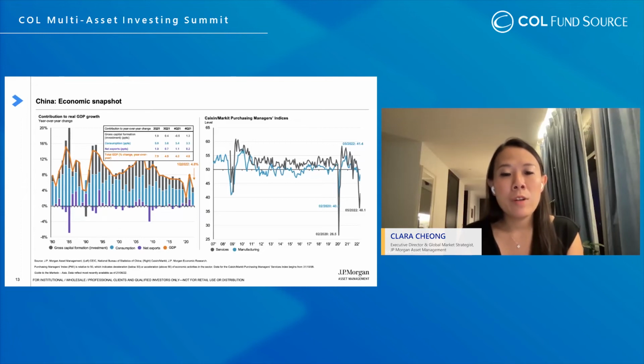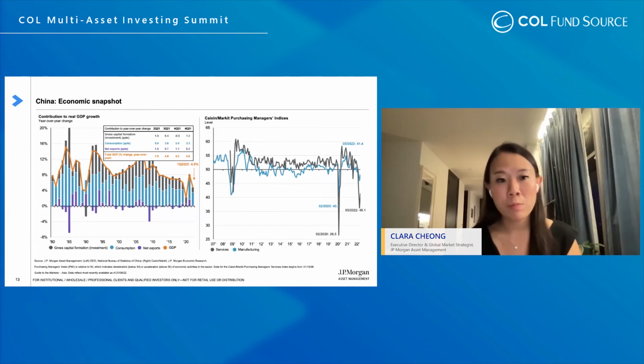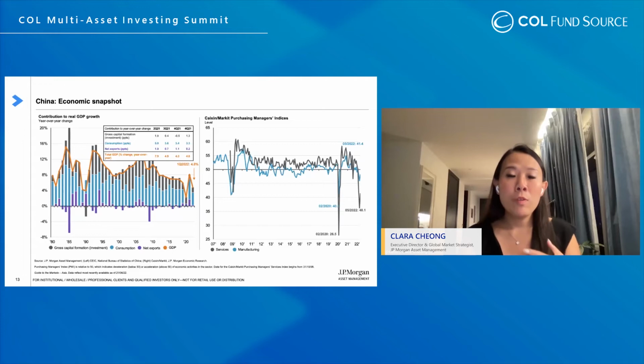So they're also really relying on mass PCR testing to manage the situation at the moment, such that they can still have some form of economic activity and not have a major drag on their overall economy. At the same time, they're also protecting lives and preventing the spread of the virus.